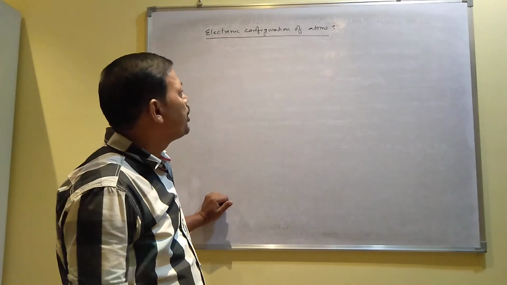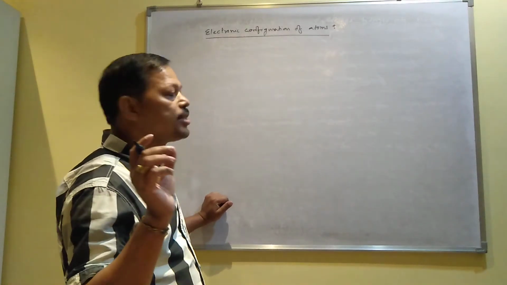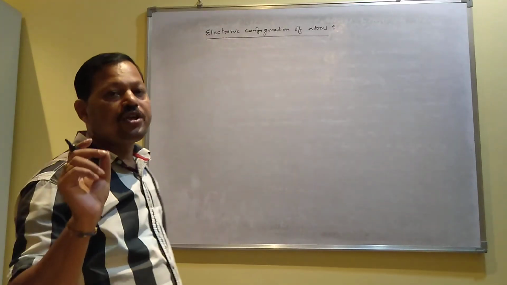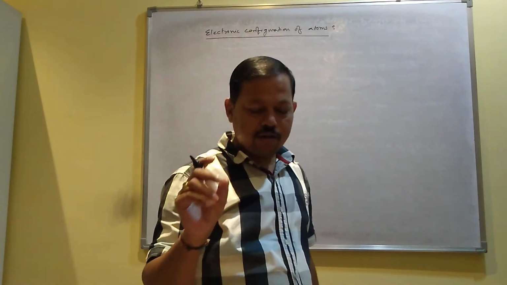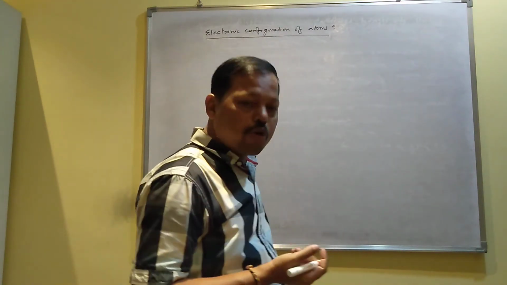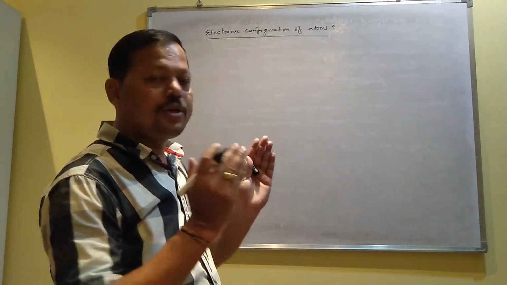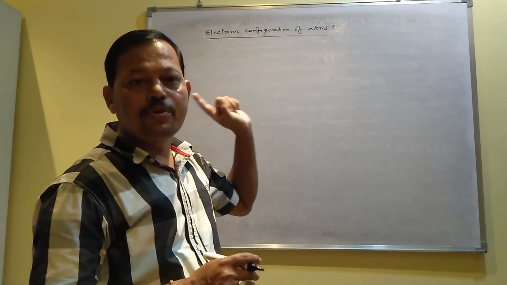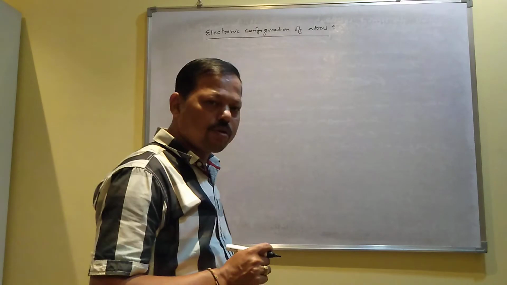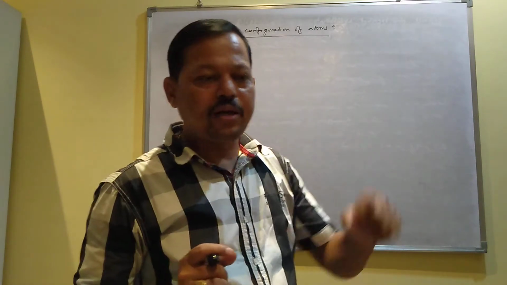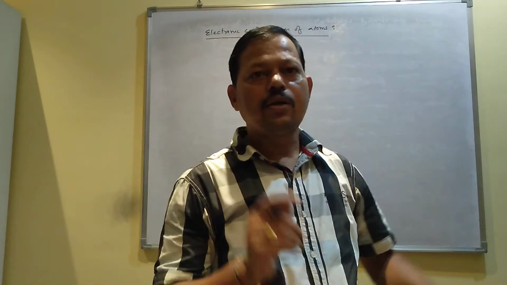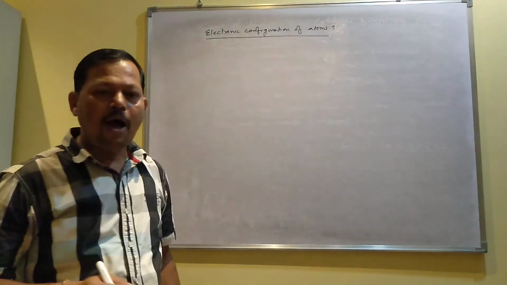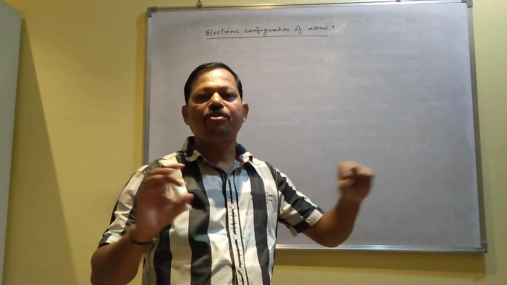Okay, now you can write the electronic configuration of atoms in terms of orbitals. When you write the electronic configuration of atoms in terms of orbitals, you have to follow the Pauli exclusion principle and the Aufbau principle. According to Pauli, when you enter electrons in different orbitals, one orbital contains a maximum of 2 electrons. And secondly, Aufbau gave the energies of different orbitals.